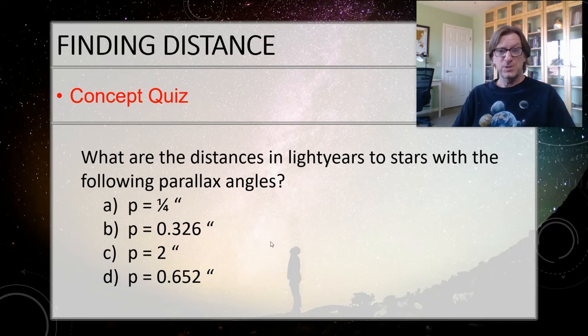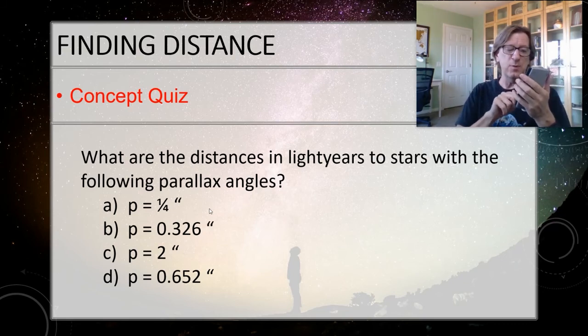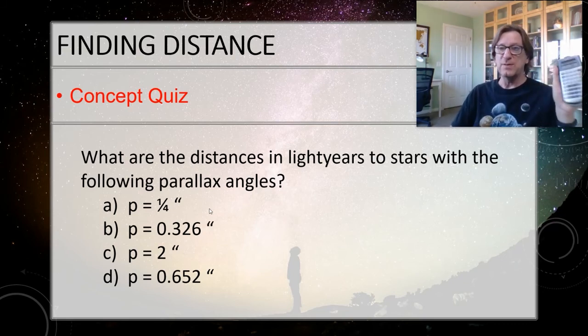Did you get it all done? Don't just let it keep going. Make sure that you got it. All right, so we've got 1/4. Now, 1 over 1/4 just means flip it. So you know the answer is going to be 4. But let's test it. So if we do 1 divided by 4, I get 0.25. And then 1 divided by 0.25 is 4. So this is 4 parsecs away.